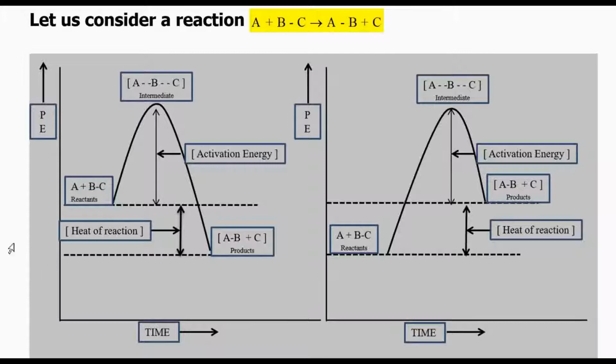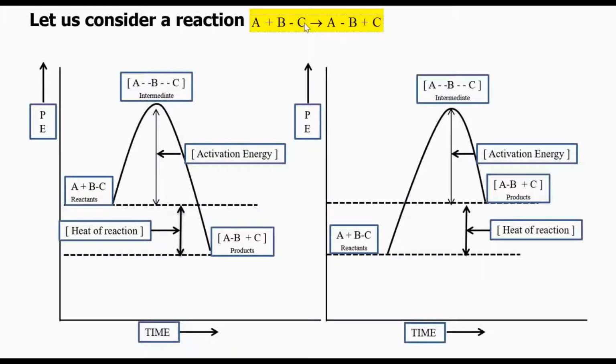Now you know, exothermic reactions are the reactions which liberate heat upon the completion of the reaction. So what happens? You can see here that the energy of the reactants is more than the energy of the